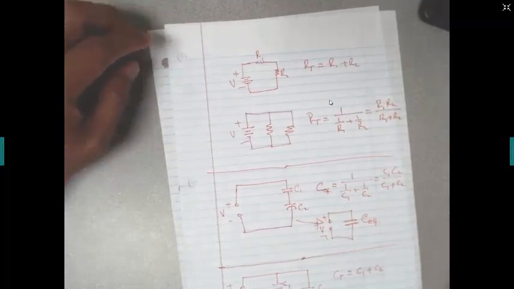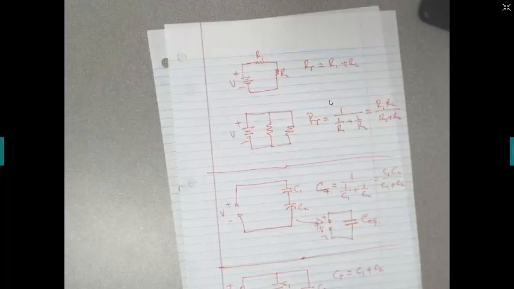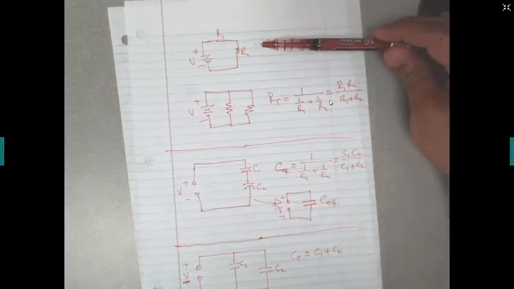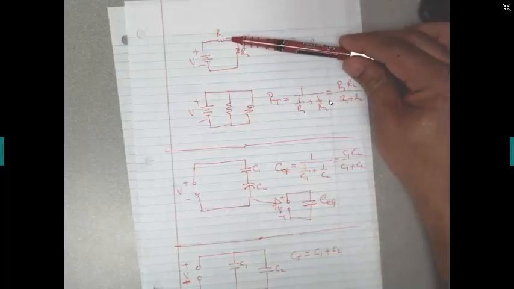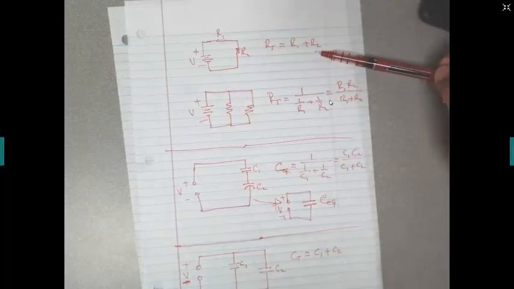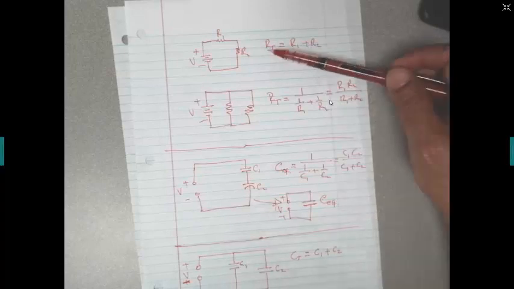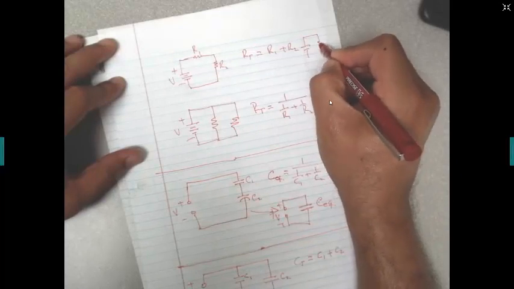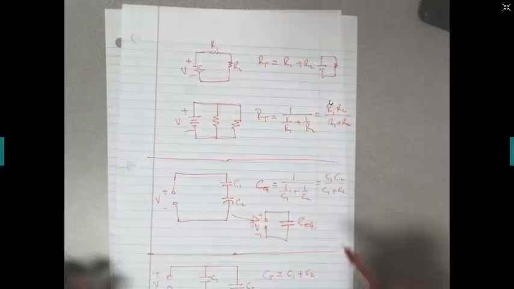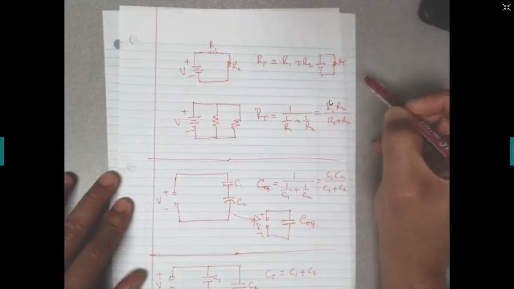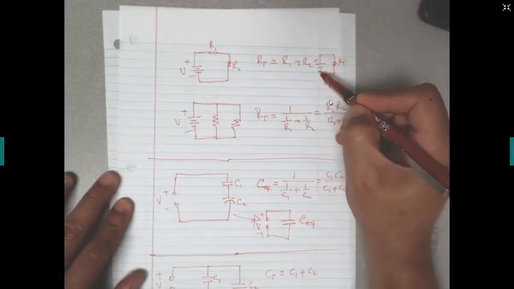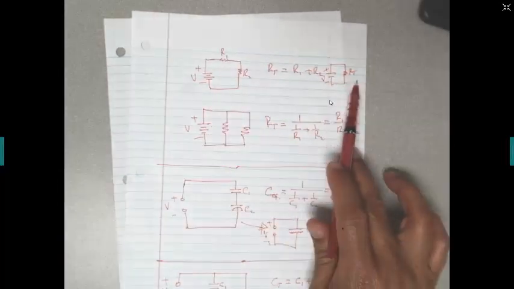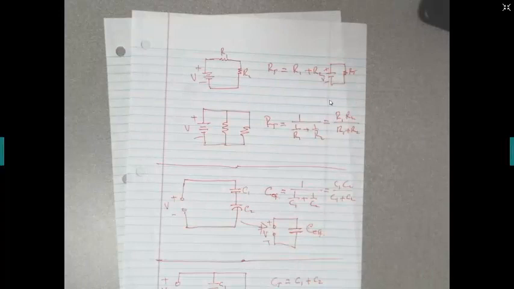resistors in series. So just remember that when you're dealing with resistors, serial resistors, you can add them up. Okay, R1 plus R2, that will give you one circuit that may look like this. You can replace it with one resistor that will have the same voltage. I mean, one circuit with the same voltage, but you can replace these two with one resistor that's the sum of the two